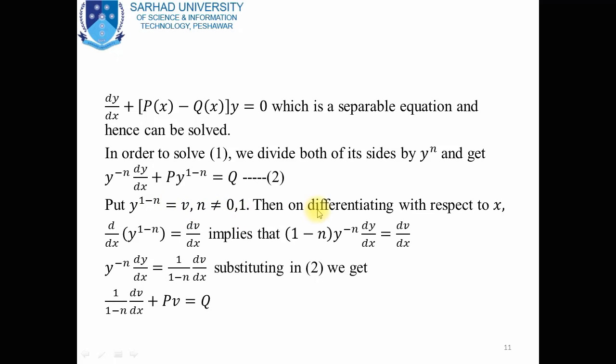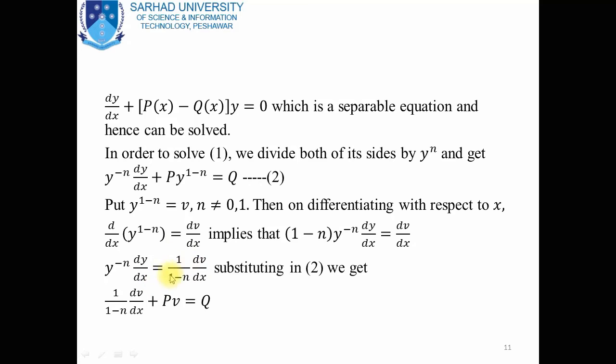Then on differentiating with respect to x, we obtain the derivative of y power 1 minus n is equal to dv by dx, and this implies that by the power rule we obtain 1 minus n y power minus n dy by dx is equal to dv by dx. So y power minus n dy by dx is equal to 1 over 1 minus n dv by dx, and